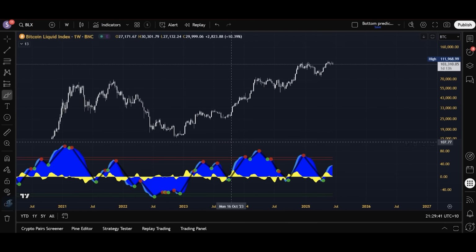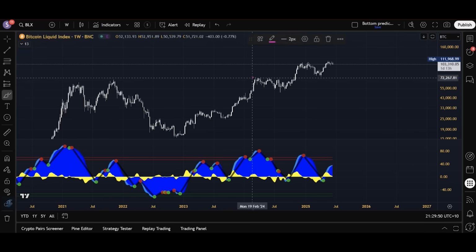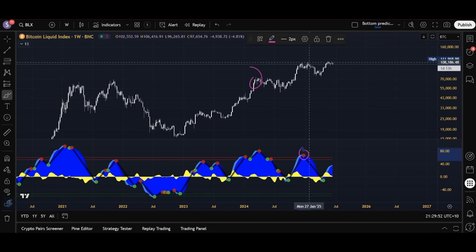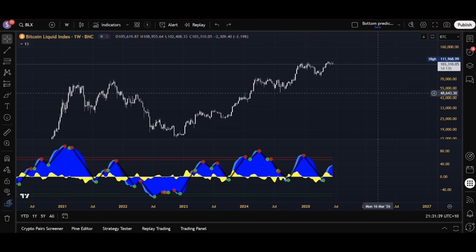When a red dot is printed on Market Cypher B, specifically above these 2 red horizontal lines, that is a sell point. That's meant to say, okay, that's a top. And that has worked for the last 2 times. You can see where I'm circling the last 2 times. The sell point has come up. It has led to a top. But the success rate of these red dots leading to tops, actual confirmed tops, is heavily reliant on what has happened in between the last red dot and the current red dot.